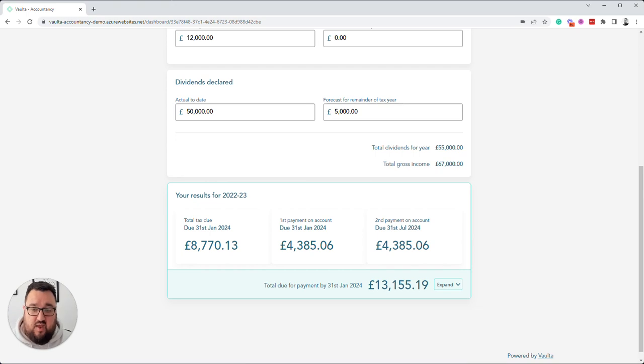It's not factoring any payments on account he may have already made, so you need to be aware of that. But we can see now that on the 31st of January 24, he's going to have £8,770.13 as a tax liability, and it also calculates and makes him aware of his payments on account. So he knows the total payment that's going to be due by the 31st of Jan 24. And that's it. It empowers you, very simple but huge value to you as the accountant and to your client,